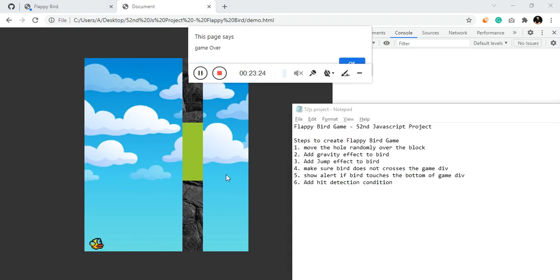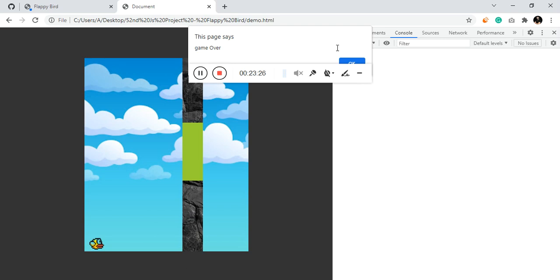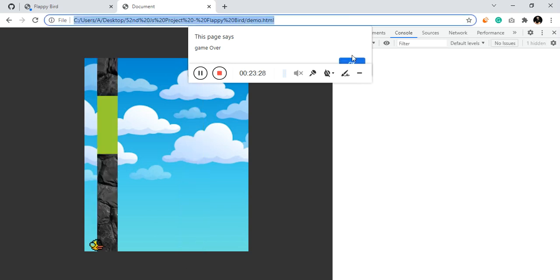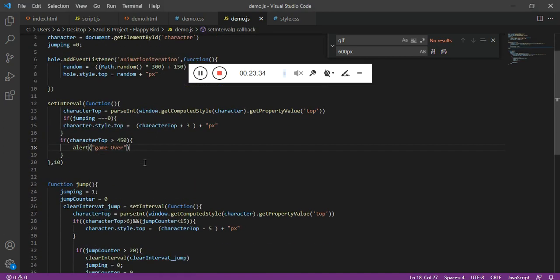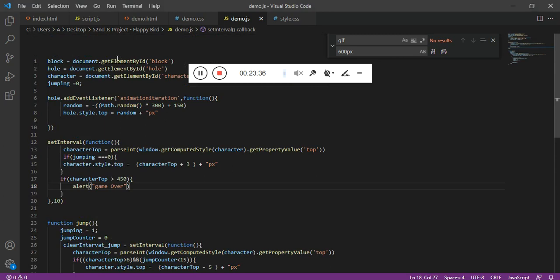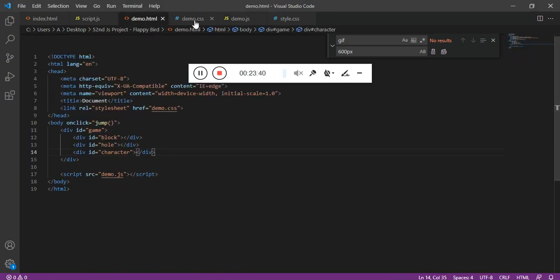And now we have to add the hit detection function condition. Before that, what we need is to reset the counter. We haven't added the score div, so let me add it in a quick way.